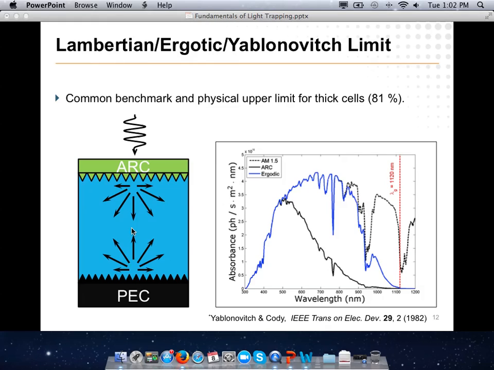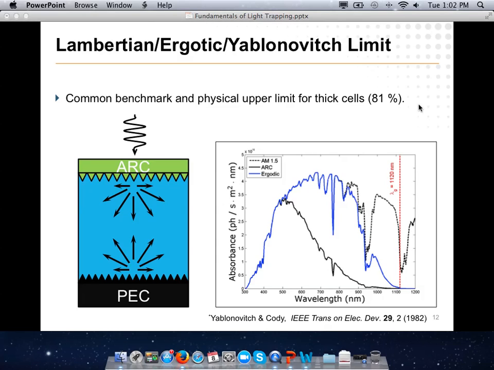So it turns out, really the best you can kind of expect to do is called Lambertian scattering, and it's kind of this cosine theta dependence. We'll talk a little bit about that in more detail later. And what you see now is this blue curve. If you could do absolutely perfect Lambertian scattering, and you do the math, you see, wow, it's actually 81%. So a lot of people like to tout this as sort of like the best capturing that nature will give you. It's not really a hard fundamental limit, but it is kind of a practical limit